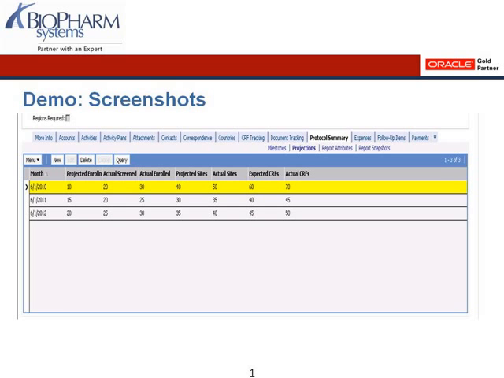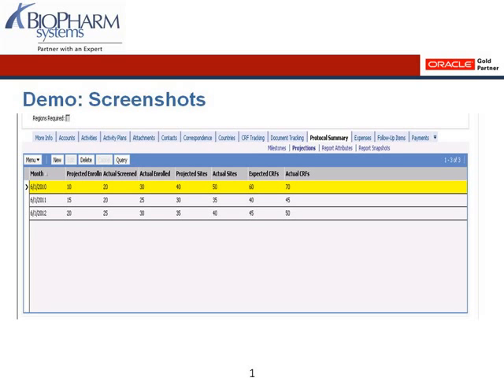But again, I think for most clients, the enrollments on the subject side are the key milestones to be able to look at subject forecasting and what that looks like for a particular protocol. And that's something that the Siebel system is lacking in terms of forecasting out subject metrics and subject enrollment. And so with this configuration, it allows us to look at that in a little bit more detail.